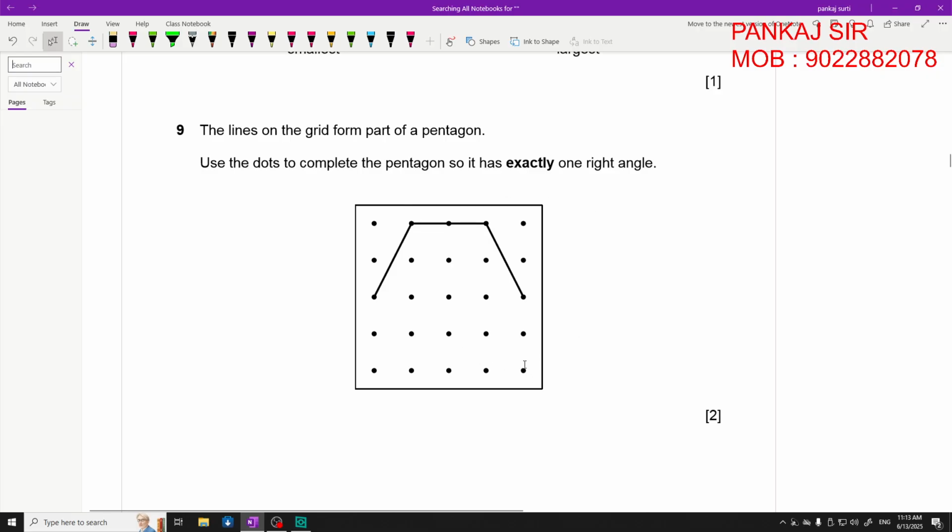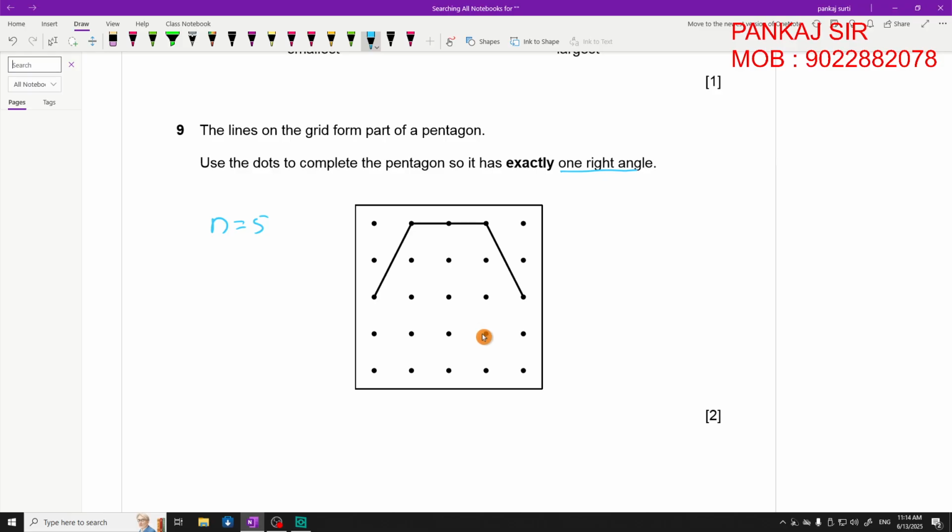Now, there are many ways of drawing this, of completing this pentagon. Now, already you have three sides of this particular pentagon shown on the diagram. So, two more lines you have to draw and complete the pentagon because a pentagon has n equal to 5. You know that a pentagon has n equal to 5. Okay. Three lines are already joined. Now, you have to join two more lines. But you have to see that it has exactly one right angle. Okay. Now none of the angles is a right angle. This is also not a right angle. This is also not a right angle. So now whichever two lines you are going to draw to complete this pentagon, see that one right angle is